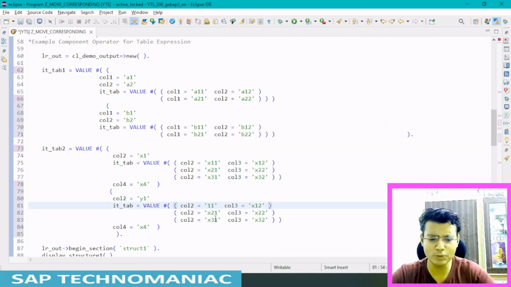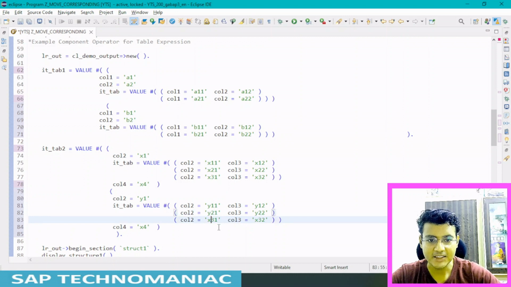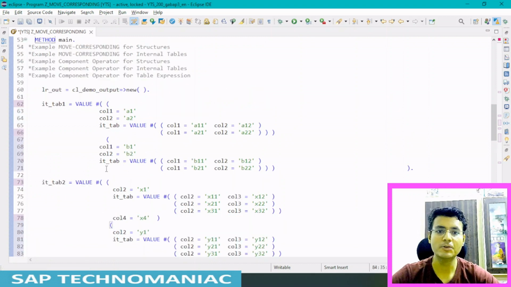For the second line, I use two lines, I don't want to use multiple lines. It will be Y21, Y22, Y31, and Y32. At last, Y4. That's it. So we now have an internal table instead of this structure.